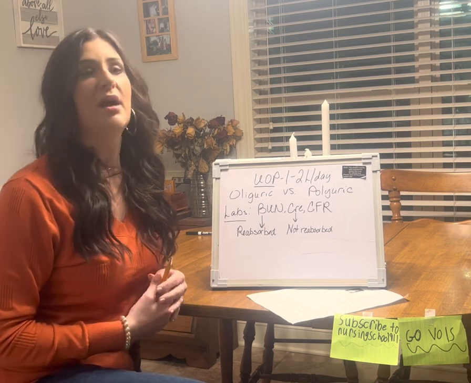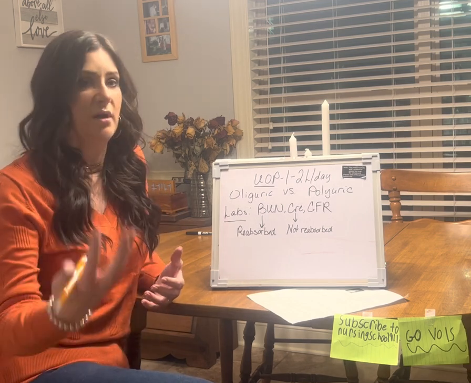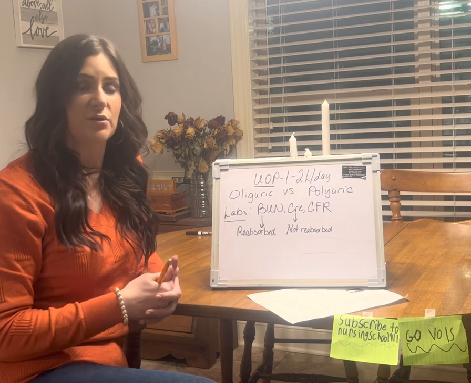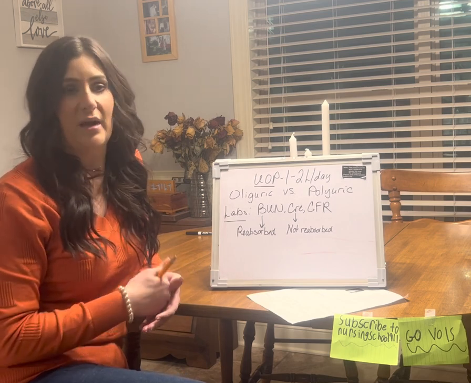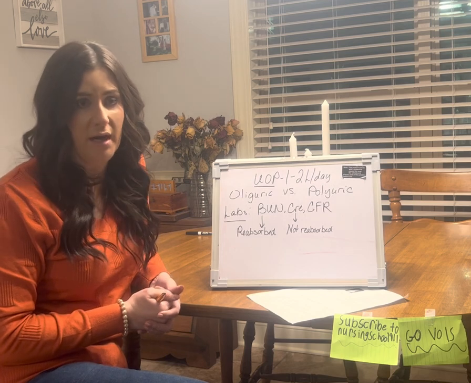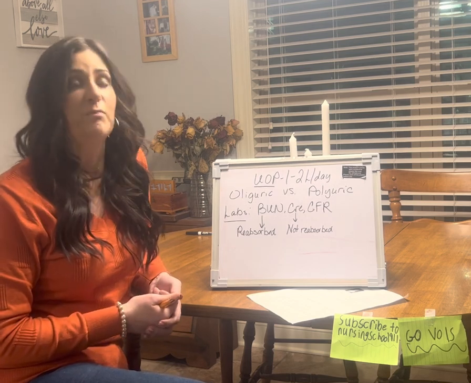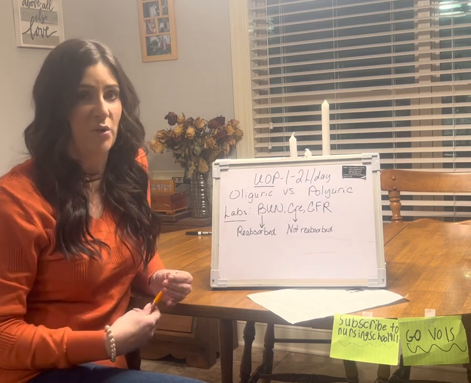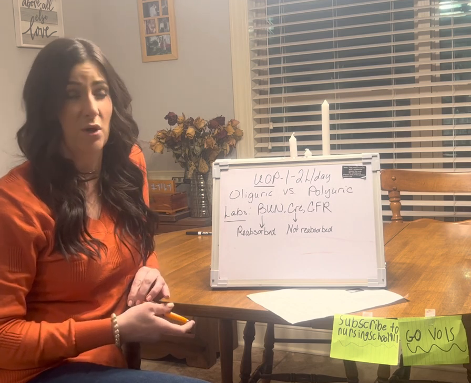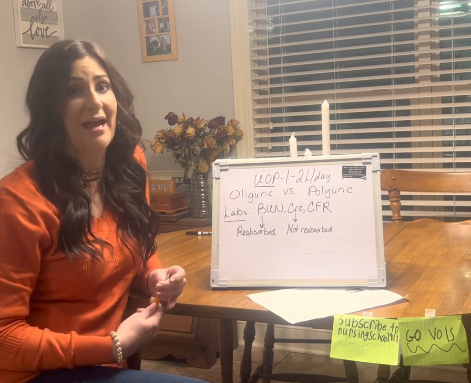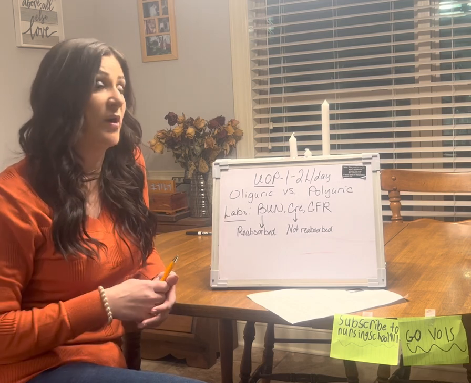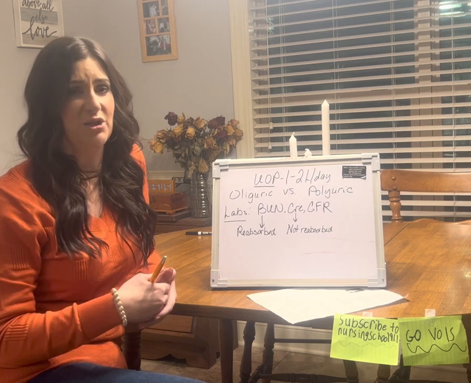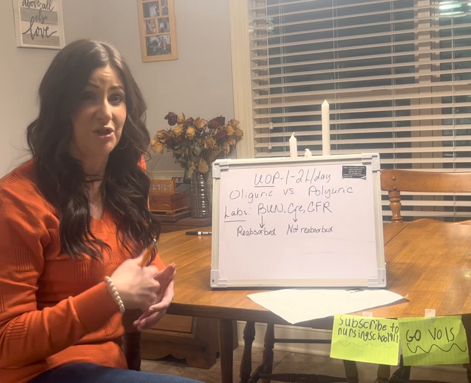All right, so what are the other manifestations aside from what I've talked about as far as uremia, what I've talked about as far as lab values? Well, when we think about oliguria, we're going to think about all things fluid volume overload, right? So we're going to think about edema, the most dangerous type being pulmonary edema. So we're going to listen to those breath sounds. We're going to monitor respiratory rate and effort. We're going to monitor ABGs for other reasons as well. We'll talk about that. We're going to monitor that O2 saturation, and we're going to give patients oxygen as necessary,